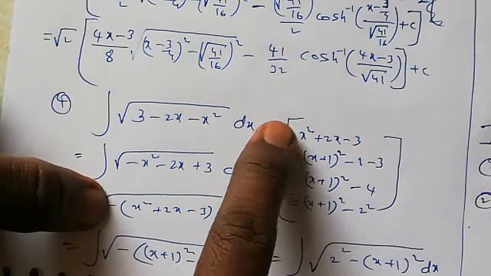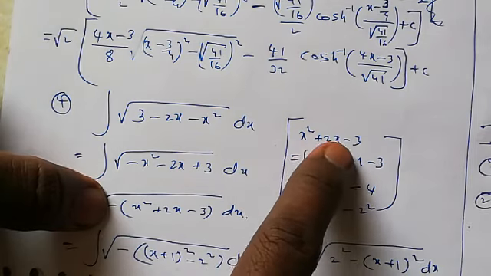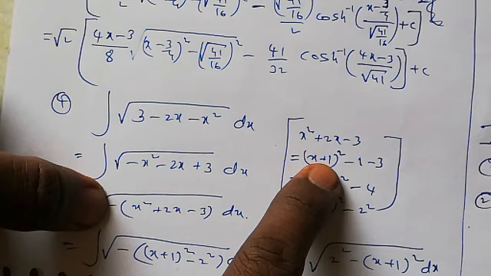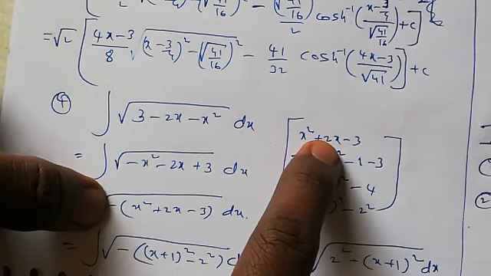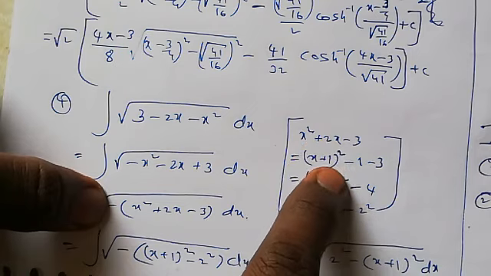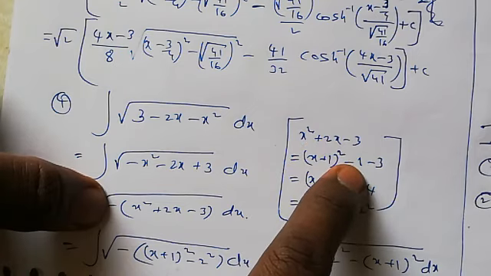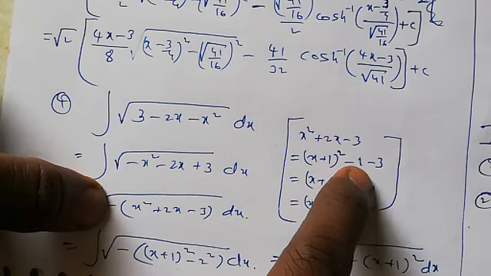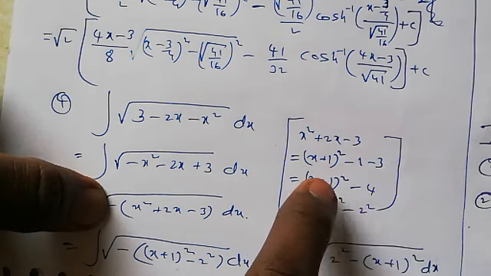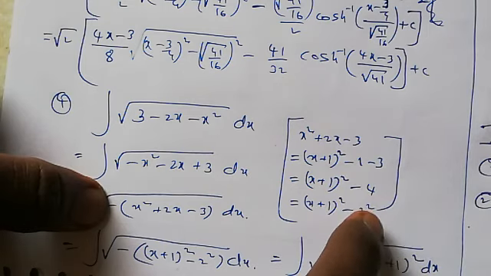So now what is a square? Here a means x. So write x. Observe the sign between the two terms, quadratic and linear term is plus. So put plus here. Now observe the coefficient of x. x coefficient is 2. Take its half. So 2 half is 1. So write 1. Keep brackets and whole square. Minus. Here you have to always keep minus only. Now write the square of 1. Square of 1 is only 1. Minus 3. So x plus 1 whole square, minus 1 minus 3 is how much? Minus 4. Now write its square value. Minus 4 square is 2 square.